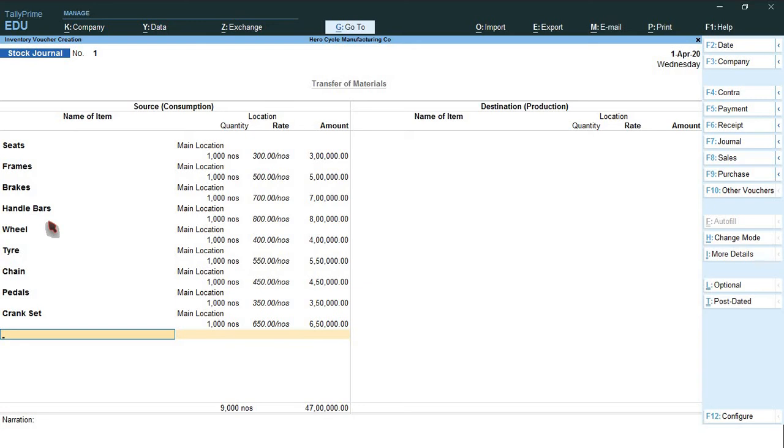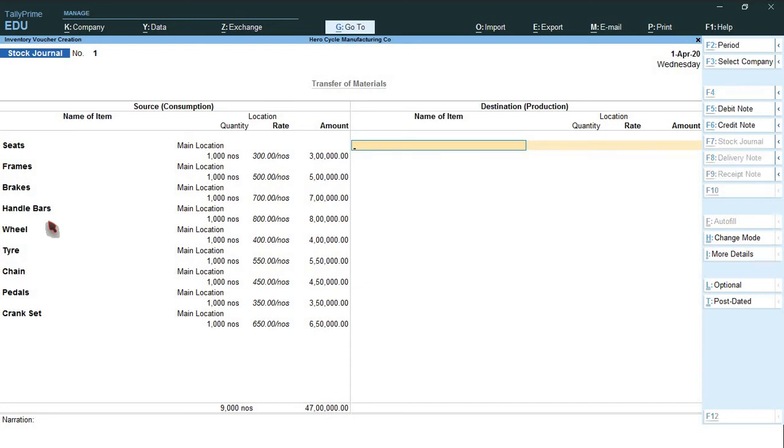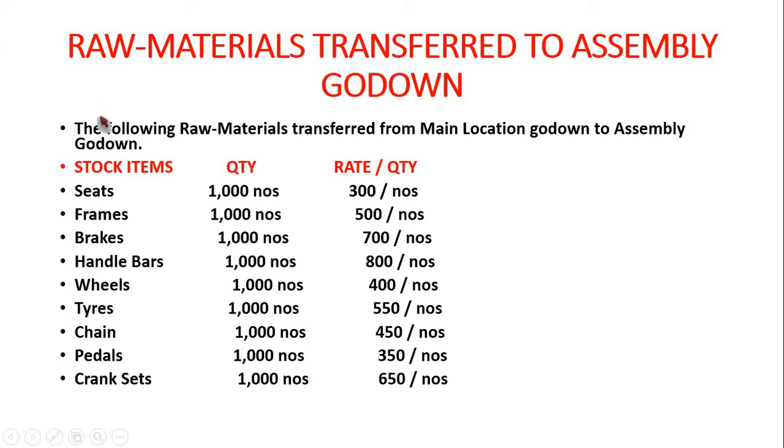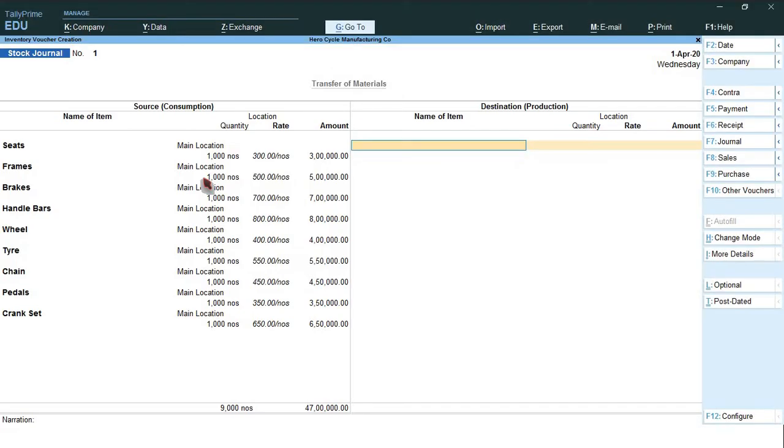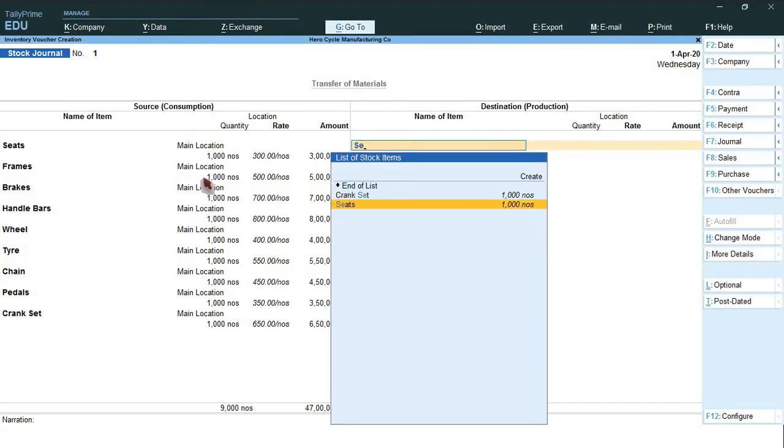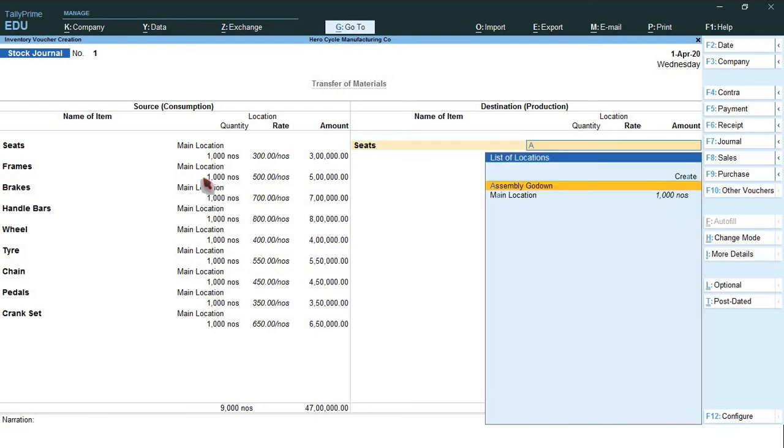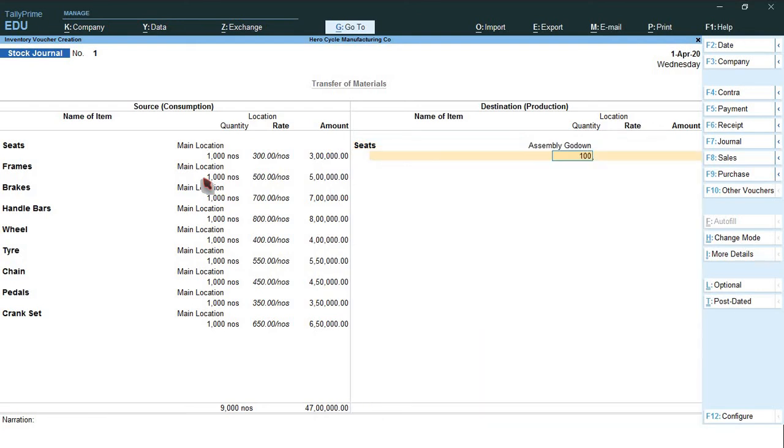Cursor will move to the right hand side. So here select the same stock items but the location is assembly Godown as per our transaction. The following raw materials are transferred from main location Godown to assembly Godown. Seat. Assembly Godown. Quantity 1000.